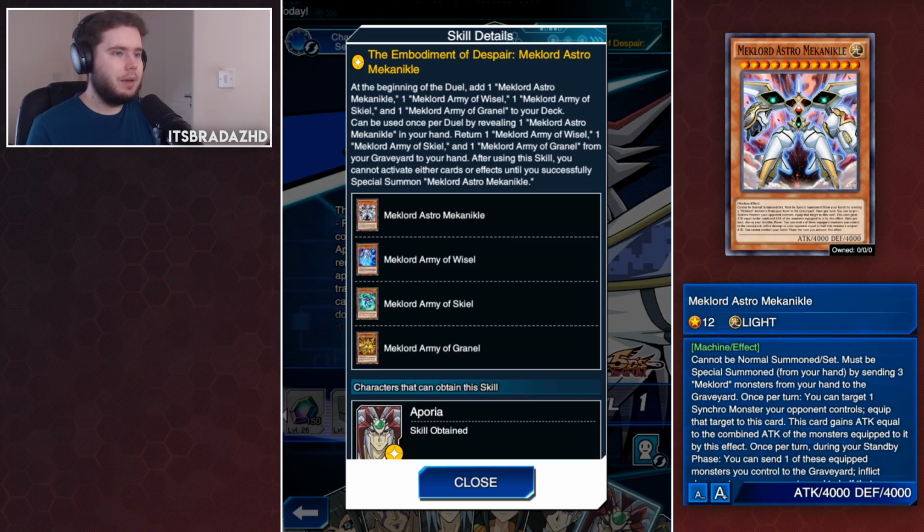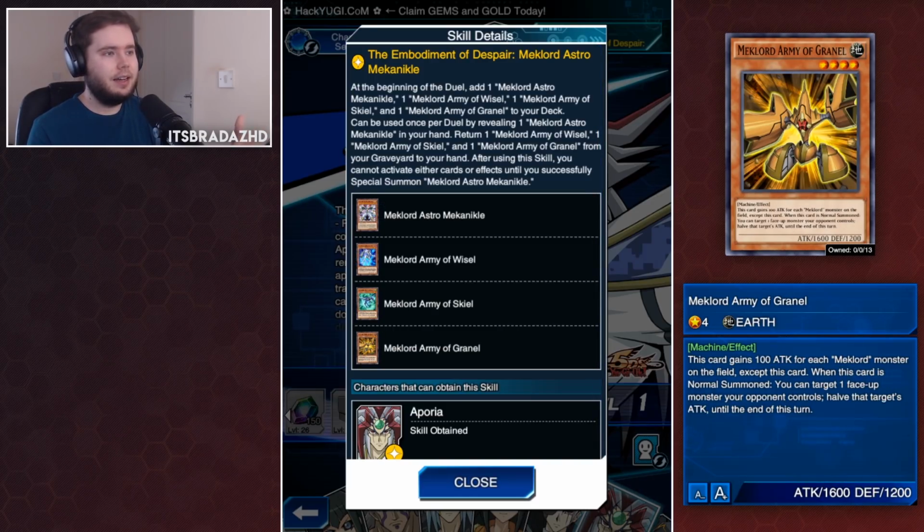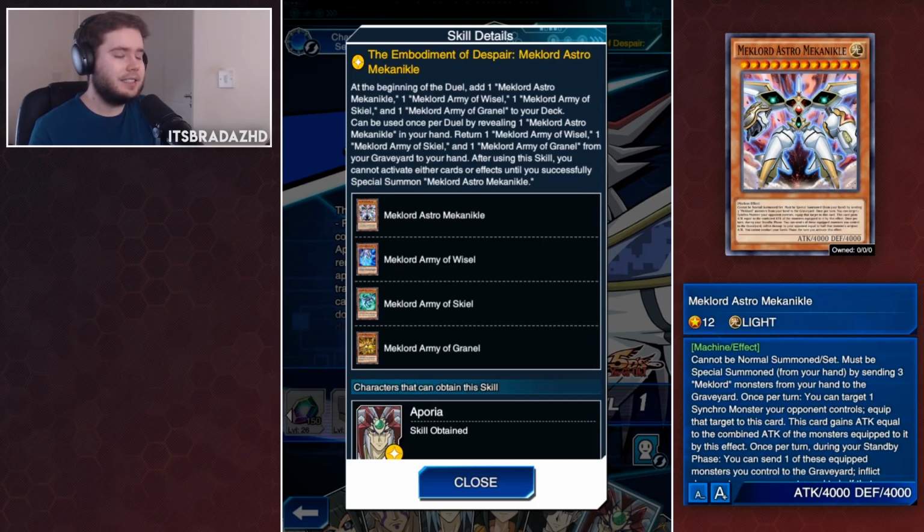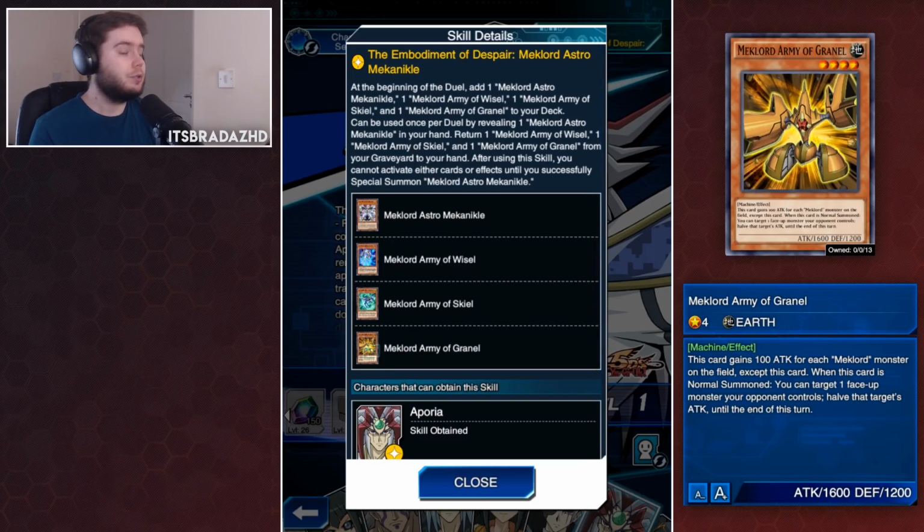It can be used by revealing one Mechlord Astromechanical in your hand, returning all these guys from the graveyard into your hand, and after using the skill, you can't play any other cards or effects till you summon your Astromechanical. This is fine for a recursion effect, right? The idea is that either you cycle through these, right, when it's drawn in battle, like this one, special summons, right, and you get them in the graveyard, and then you add them back to your hand, summon this boy, right? Or this is to be used after you already summoned one Astromechanical by discarding 3 of these, and then you draw into another one, and then you summon that. So,